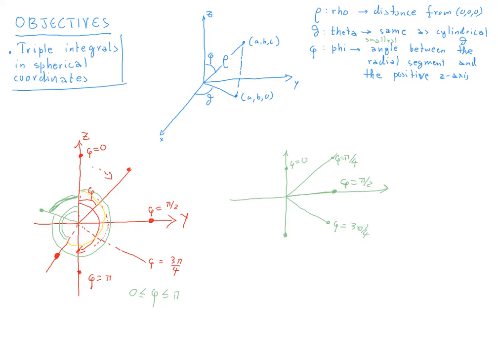Then you hit phi equals pi right here, and then you start coming back. So right here, it's going to be again phi equals 3 pi over 4. Why? Because you're measuring this angle. Then here, it's going to be phi is equal to pi over 2, because you're measuring this angle. Here, you're going to have phi is equal to pi over 4, because again, you're measuring this angle. And finally, you come back to phi equals 0. So this is a quick going around the system of coordinates in this direction with pi over 4 stops. Okay,